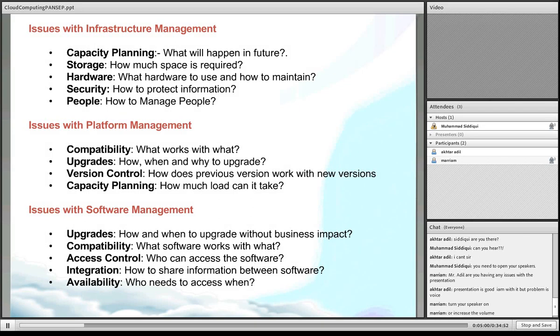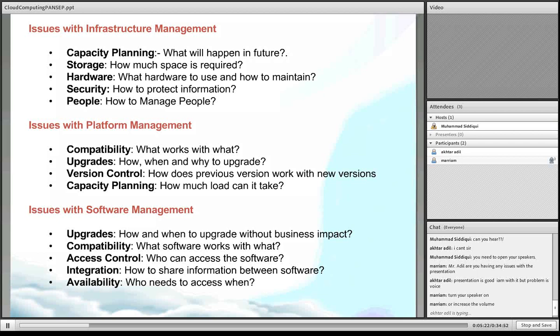Capacity planning is not something that you do today and then you're good. No, you need to do it today for tomorrow, and you have to do it tomorrow for the day after tomorrow. You need to leave some space for other advancements and upgrades. So I have to continuously plan for that. I have to have certain people who are responsible for capacity planning, who are continuously updating their plans and making sure they follow those plans.